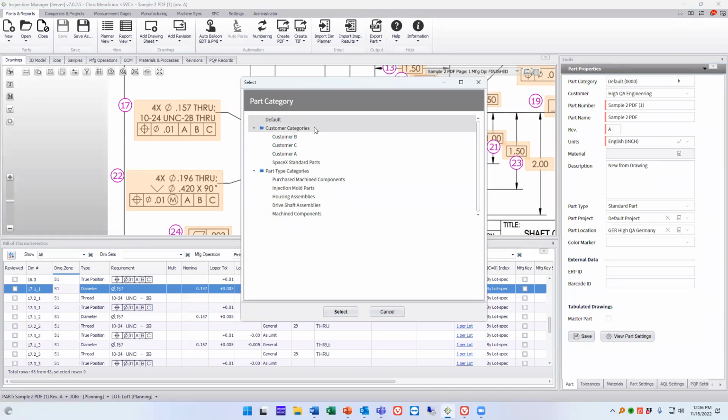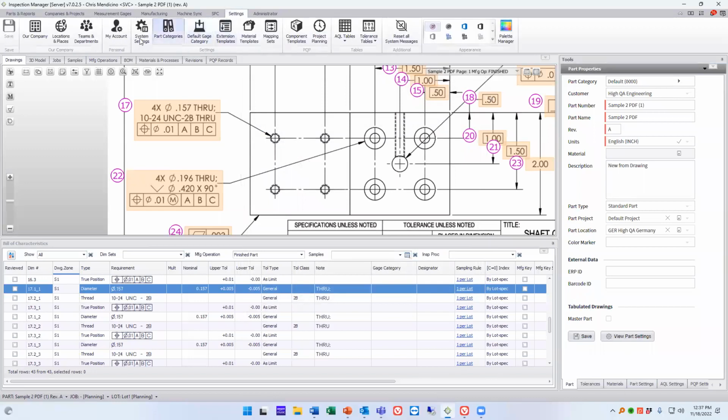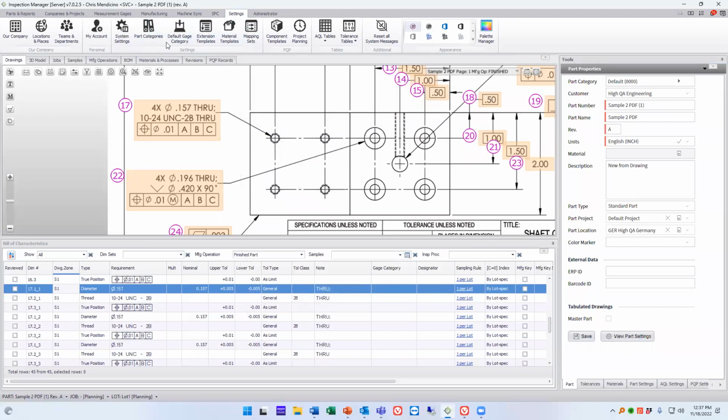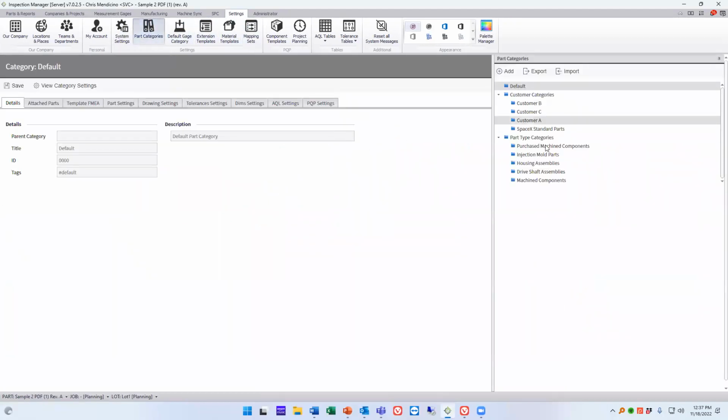Like it's a grouping of settings that we can templatize based on specific customer requirements, or maybe it's part types or something like that, right? And so when you create a part, you can pick which part category it should be pulling its settings from. And here I'll show up here. If we go to part categories at the system level now, okay, so I'm looking at all my part categories